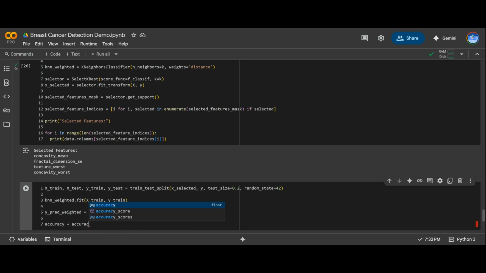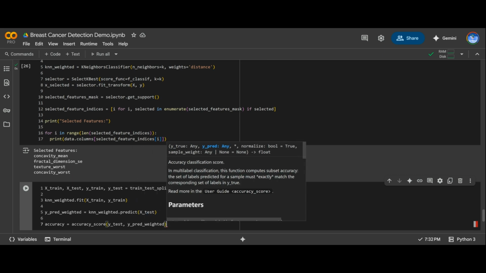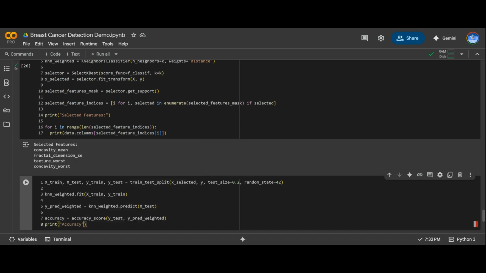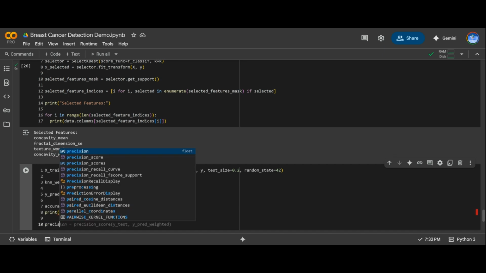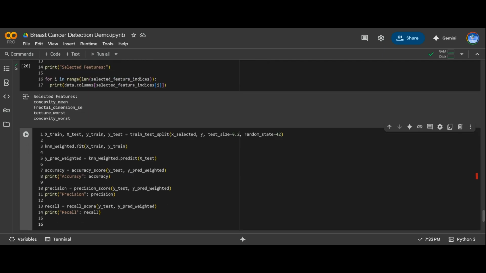So our accuracy is going to be equal to accuracy_score of y_test and y_pred_weighted. And we're going to go ahead and print out our accuracy, and do the same thing for precision and recall. Now if we go ahead and run it,